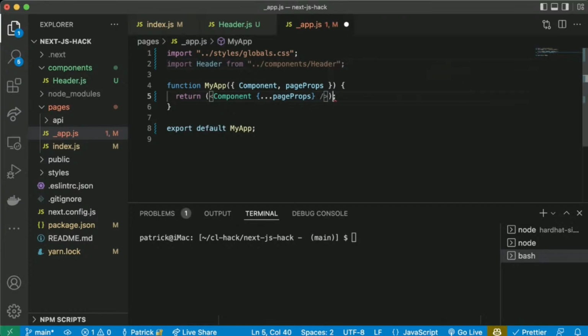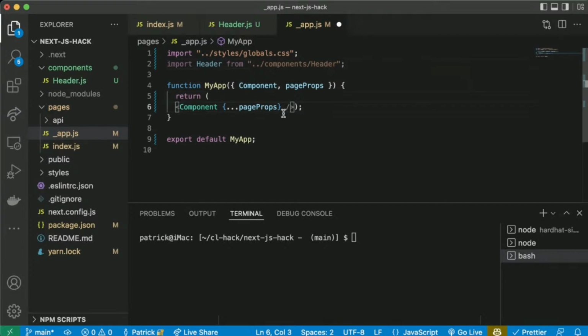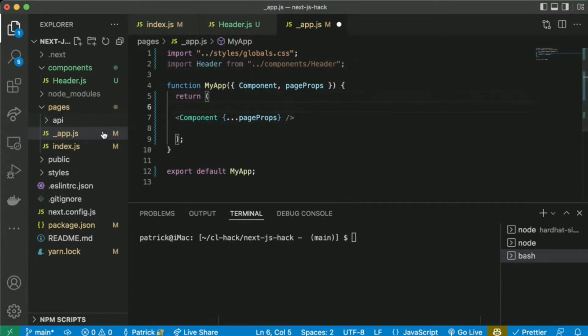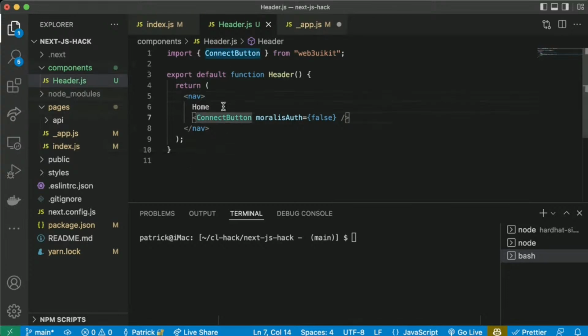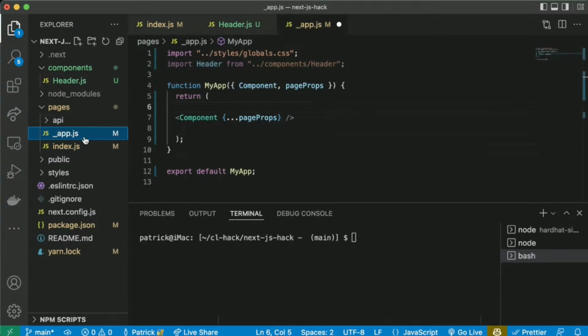However, as people who have done front-end development know, components and pages have a hard time interacting with each other and understanding each other. So if I define connecting to the blockchain in this header component, all my other pages are going to be like, all right, cool.